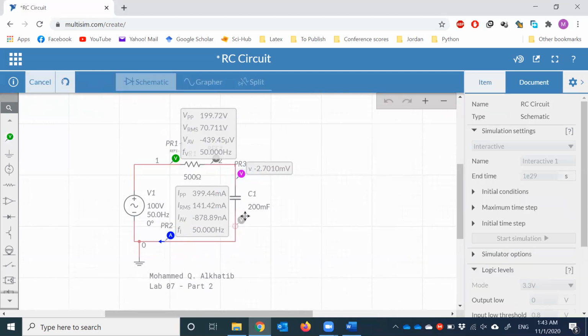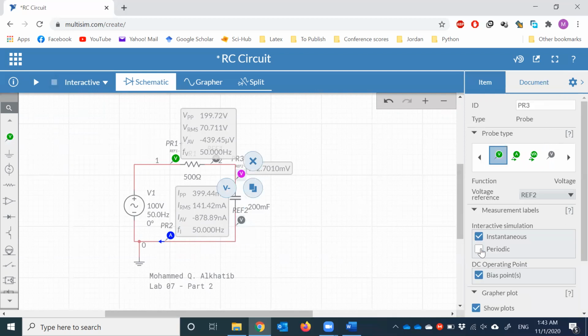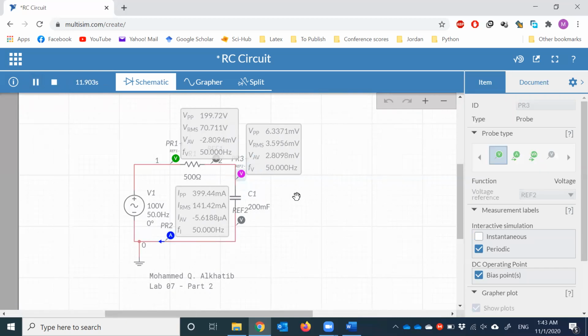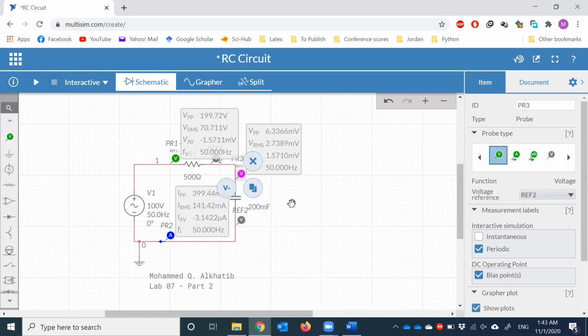Voltage, add a reference, and we'll do the setup periodic, remove instantaneous, run the simulation, and you will get the values here. So this is actually the main difference between DC and AC. In DC, everything is straightforward. I don't have to add another setup. In this one here, you have to, in the probe measurements for voltages and currents, add an